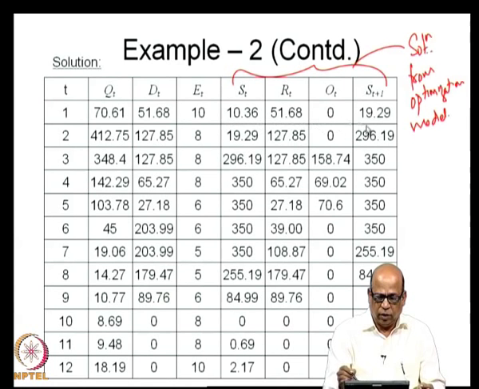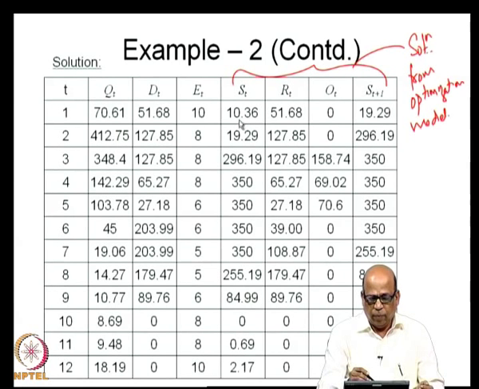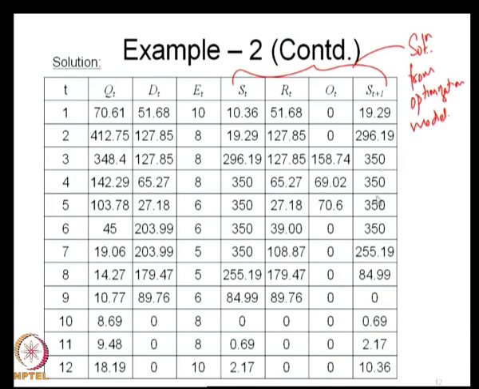So, you can just check for each of the time periods the storage continuity, whether it is maintained or not. That is 10.36 plus 70.61 minus 51.68 minus 0 must be equal to minus 10 of course, which is the evaporation loss, must be equal to 19.2. So, these are the optimal storages that you get and these are the optimal releases that you get. Notice that this ST plus 1 will be equal to ST here, much the same way as we did for standard operation. Now, in this simple example, you may get a solution just similar to the SOP.